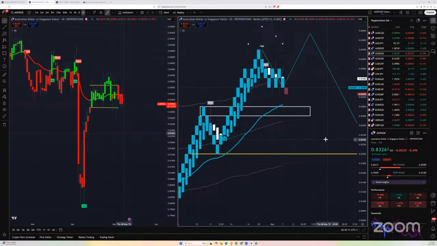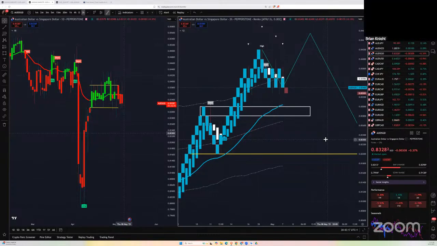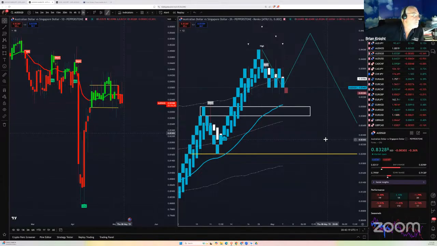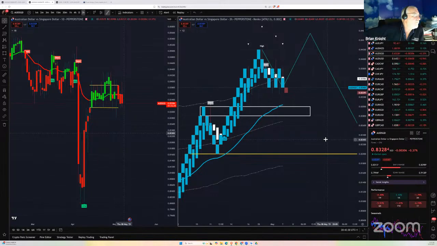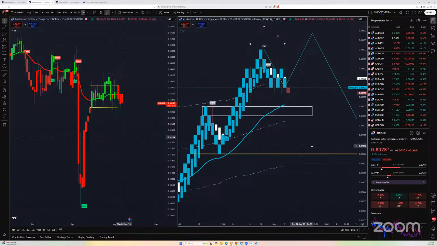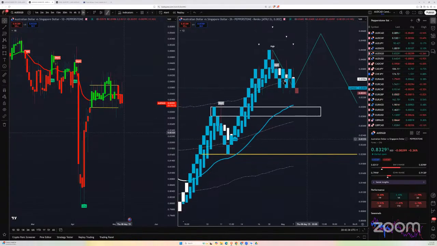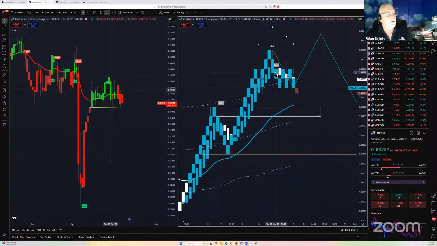It could be weeks before it gets there, or it could be there in 3 bricks in a matter of a day. You just don't know. But you just don't want to be getting in and then going, oh, it went down, tapped, and now it's turned around, and now I lost 1%. Yeah. Okay, no worries. You only got a short you're working off of. Yeah, everything's still blue.